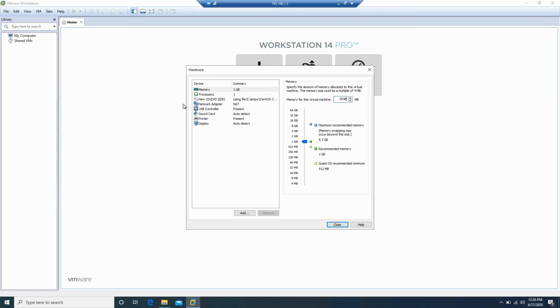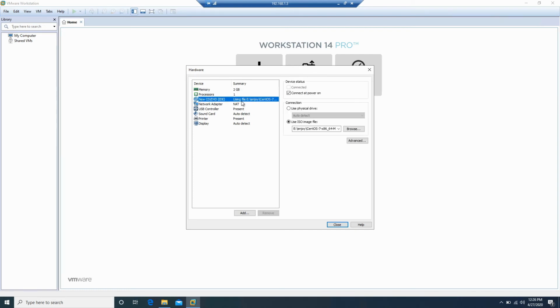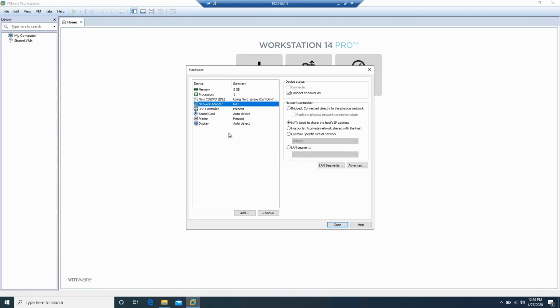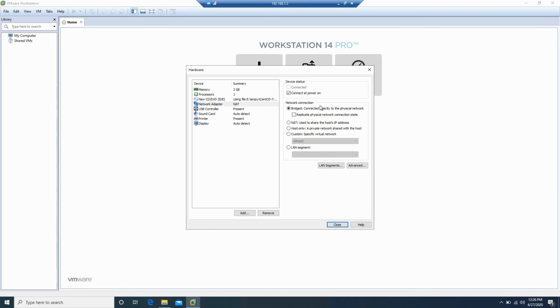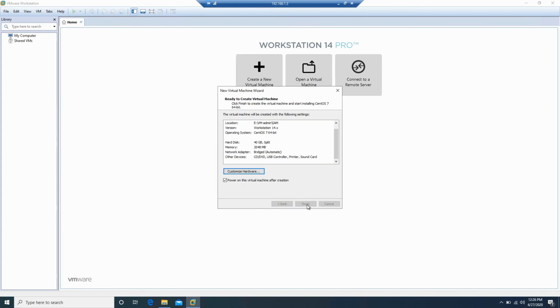Processor is one, that is okay. Network adapter is NAT; I'll go with a bridged adapter. A bridged adapter will help you allocate a very well defined IP to this system. The USB controller and the rest are fine. Then finish.